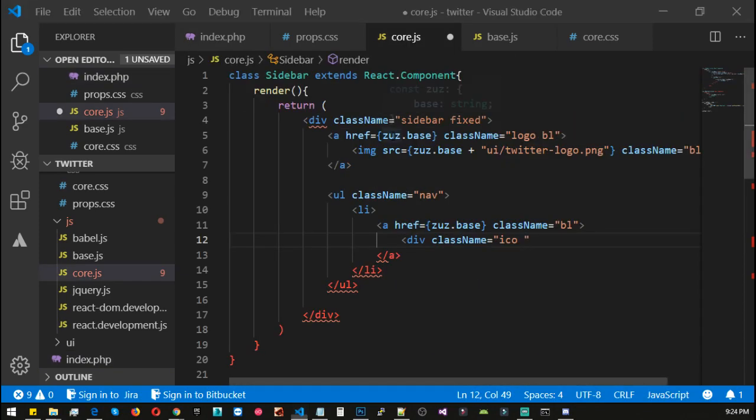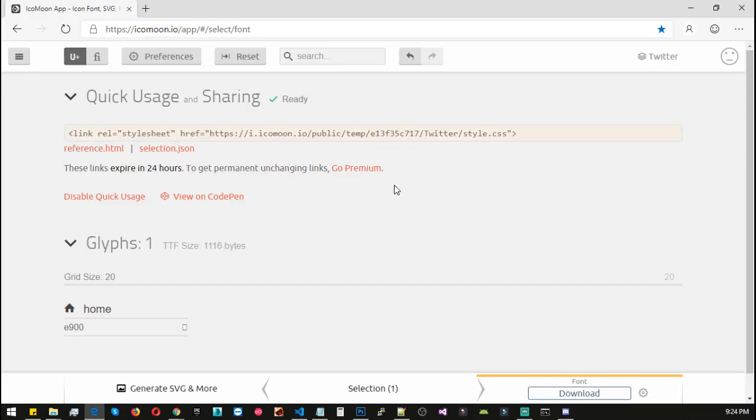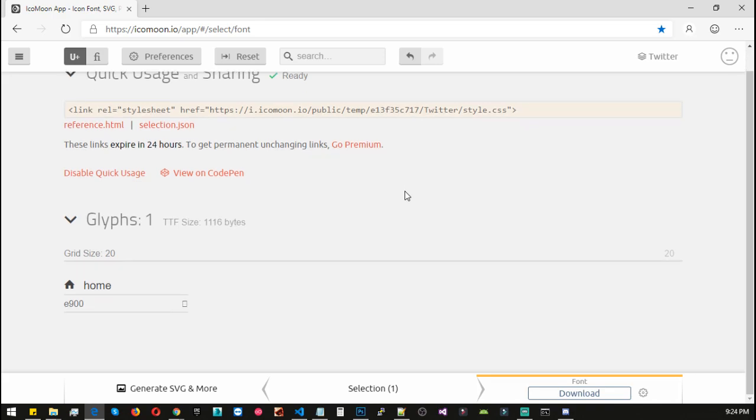Now if we go to core, by the way, if you are new to the IcoMoon app, it is pretty simple. You can simply add a font set, and you can go to selection, select a couple of fonts you want to use, and after that you can simply generate the font, and you have the prefix of icon,